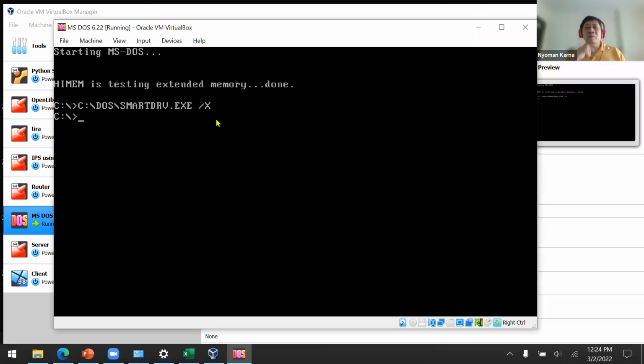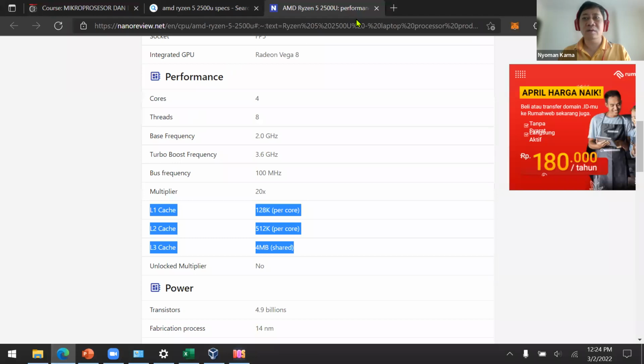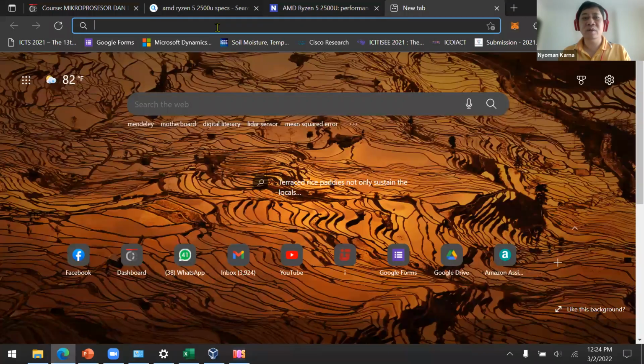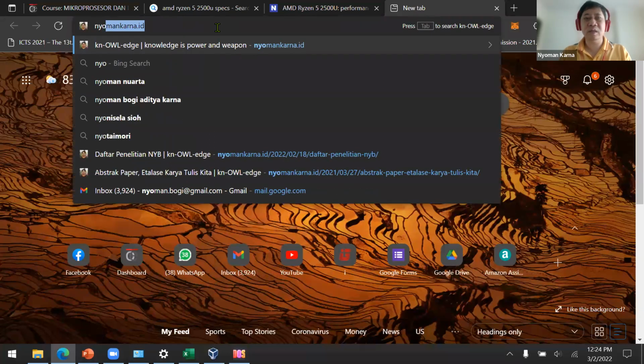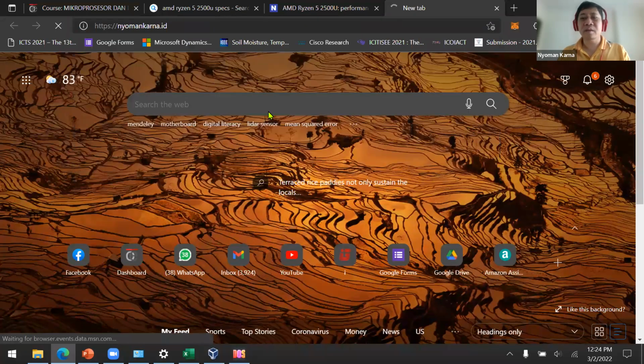Now, what are we going to do about this virtual machine? We want to learn about how to access a memory by using a small program from Microsoft DOS, which is called debug. If you want to learn about debug, you can just visit my blog.